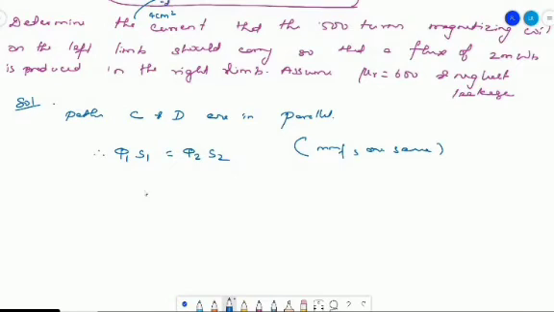And expanding this equation further. So this is nothing but L1. So L1 is given there in the question. So this is L1 divided by mu into A. And again, mu is going to be the same because mu r is obviously same. So therefore mu is also going to be same, and area of cross section is also same. So therefore I don't have to give a separate subscript for this.